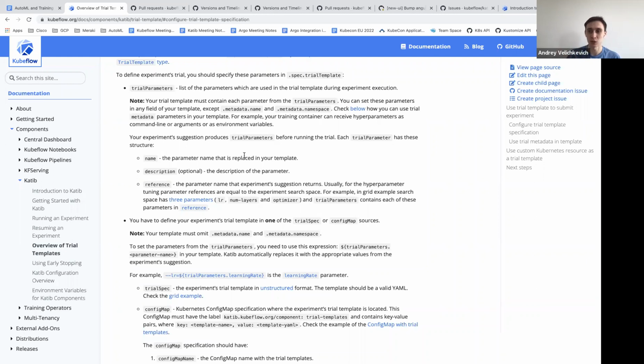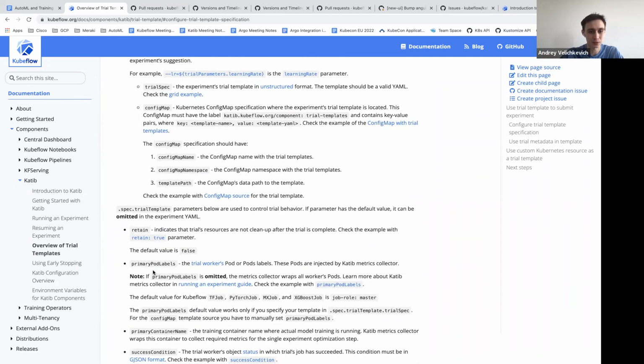But as I mentioned before, we need to know which pod needs to be injected, because as you mentioned, a TF job can have multiple pods, and we need to inject the metrics collector only on the master pod. And we have some API to let the metrics collector know which pod is primary.